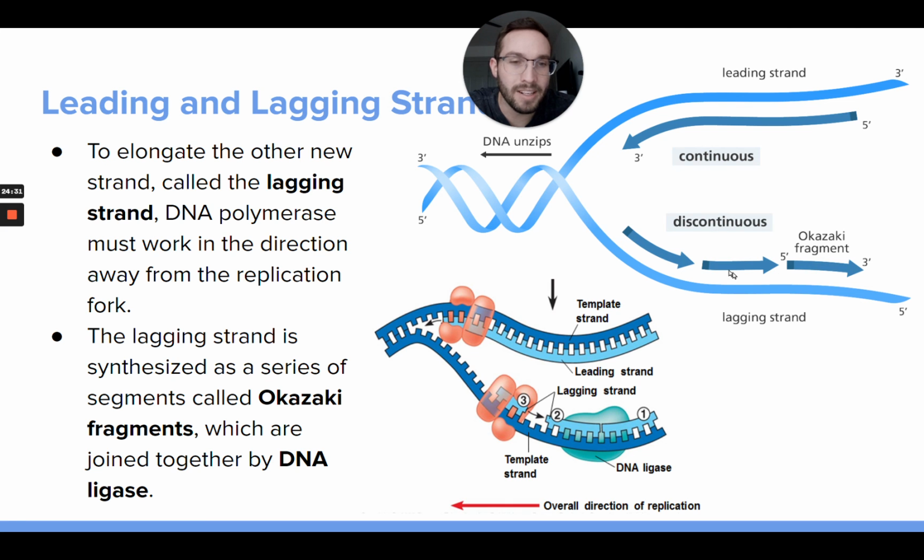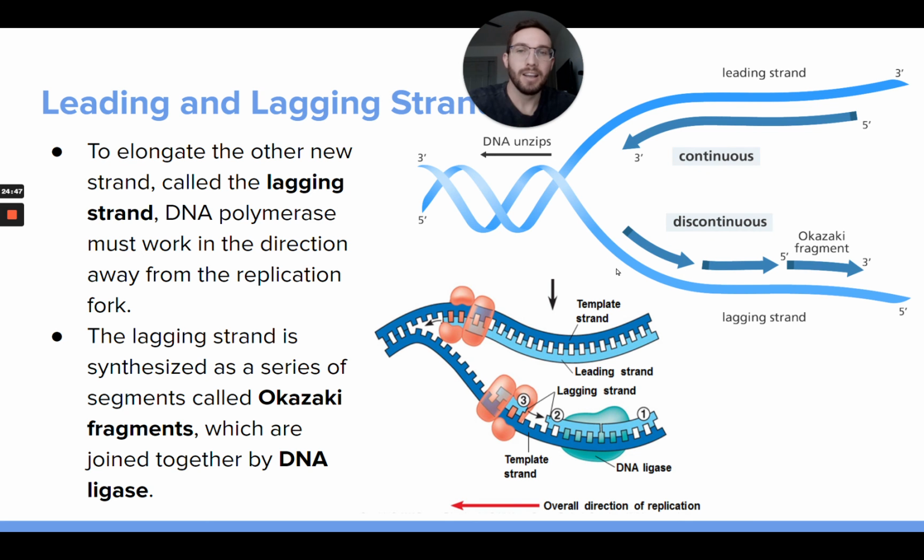so that the strand is perfectly continuous, and you would never know that there were fragments there, because there's this enzyme called ligase that joins those fragments together by making the last missing bond between them,